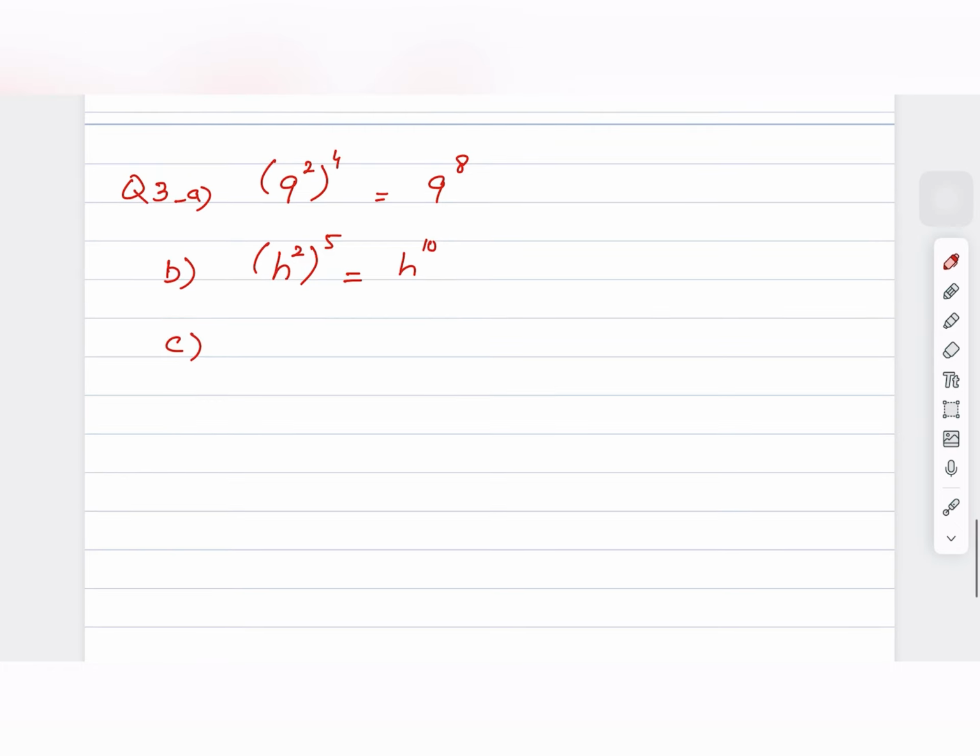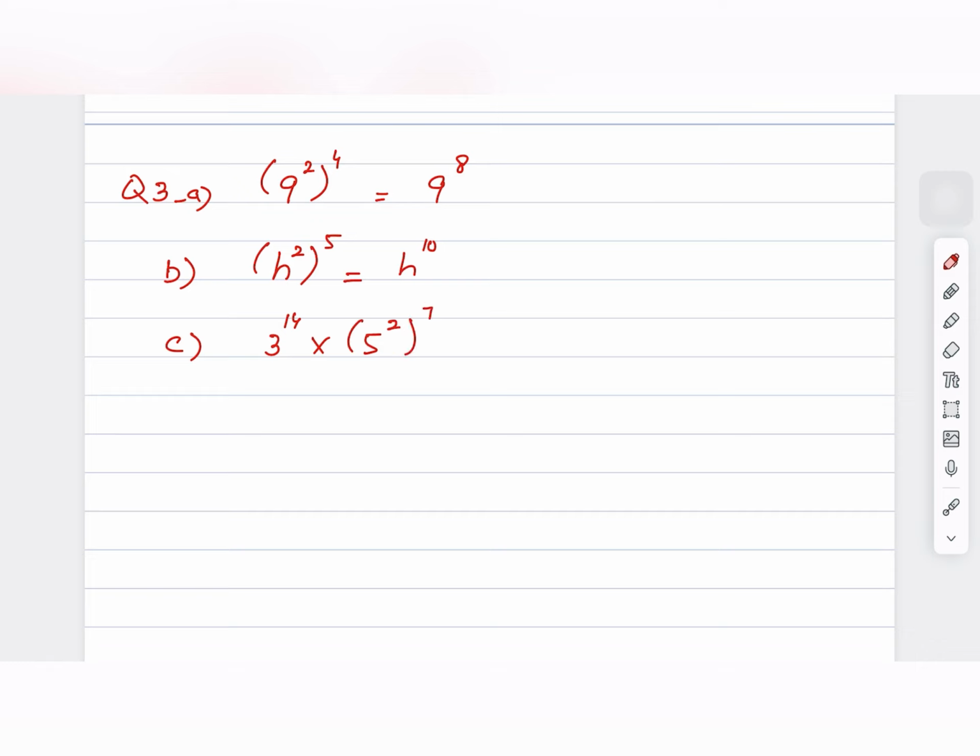Next question is question number 3. Now you have 9 squared, and there is 4 outside the parentheses, so when you remove them, you will just multiply the powers together. This is your first part. Its B part is, if you have 8 squared power 5, again you will multiply the powers, and that will be 10. Its C part is 3 power 14 multiplied by 5,